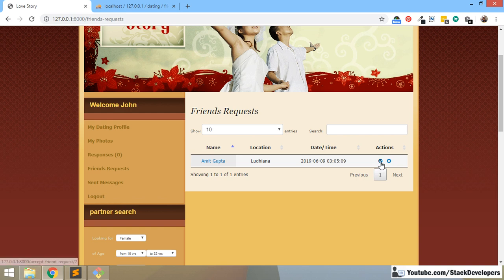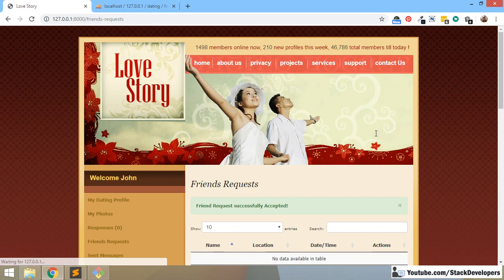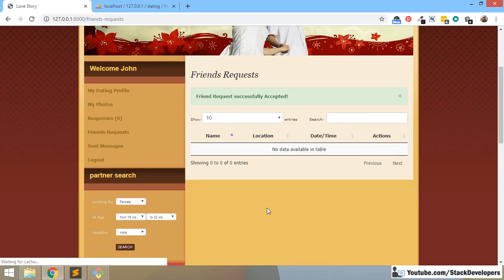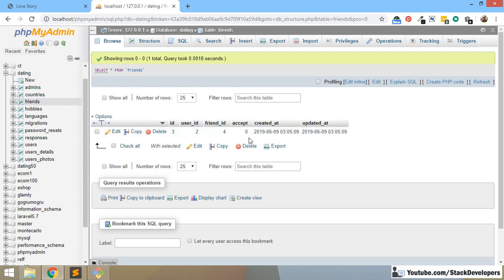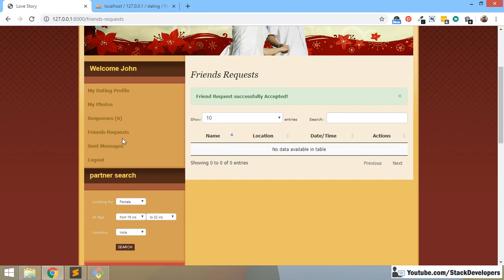Suppose John accepts the friend request of Amit Gupta, I'm going to click on accept. See, here I have clicked on accept, and now you can see the friend request was successfully accepted, and this entry has gone away from here, and this 0 must be updated to 1. I will refresh and we will see that 0 is updated to 1 as well. Now this record must be there in the friends module, and that module we are going to create in this video,